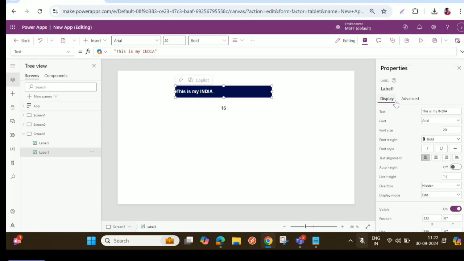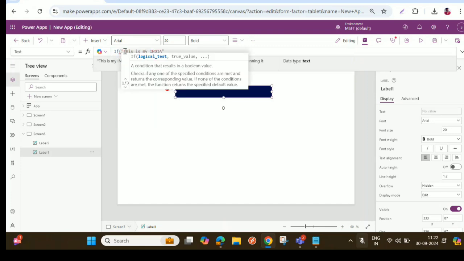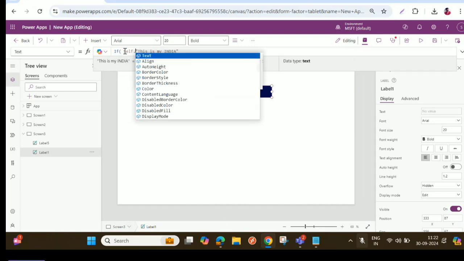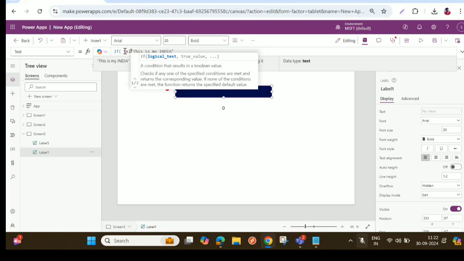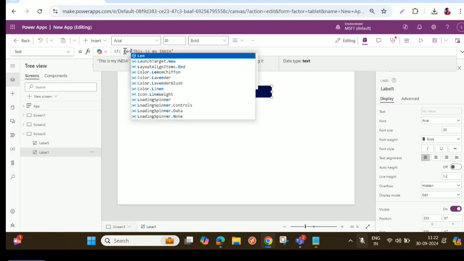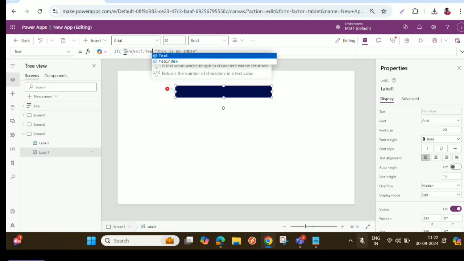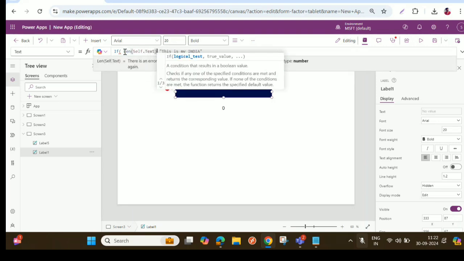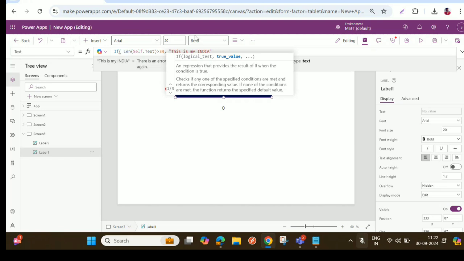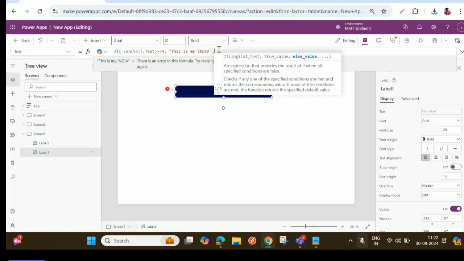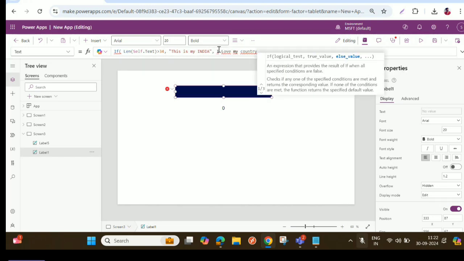Then you can utilize this text function: if Self.Text, if length of Self.Text is greater than 34, then keep this thing, or else keep the entire